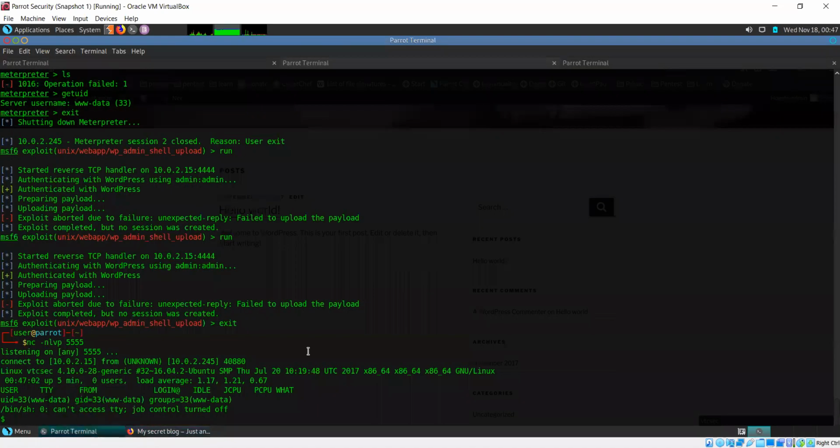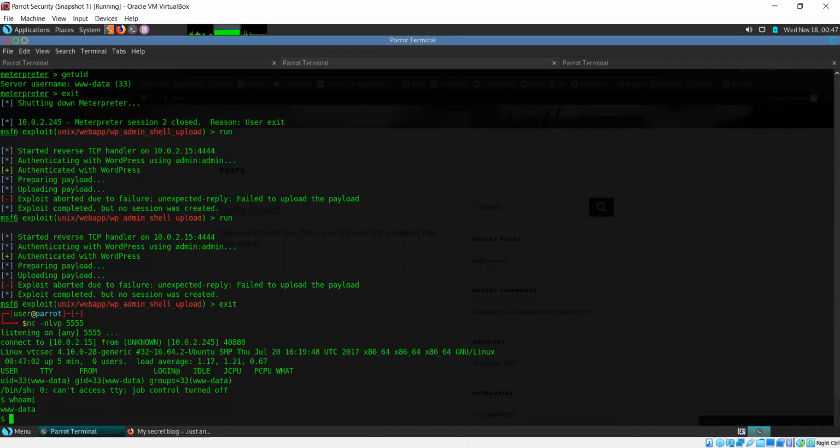Because our malicious PHP code is running. And if I come back to my terminal, I will see that I have shell access. I got a reverse shell on my netcat connection. So this is the shell for www-data.